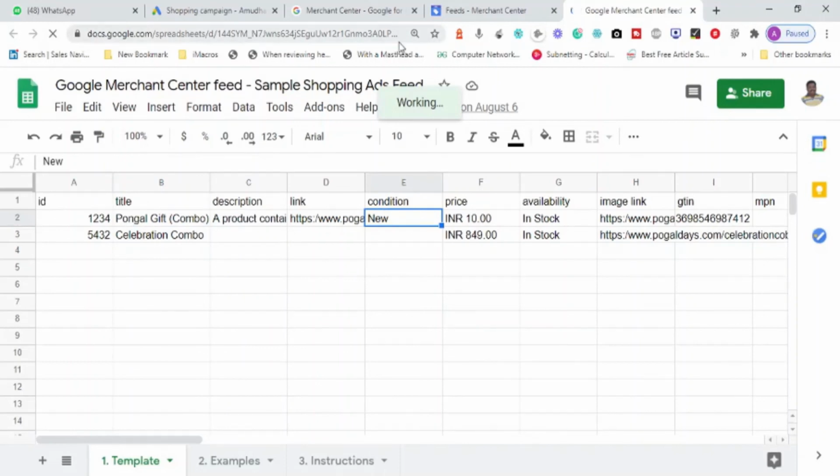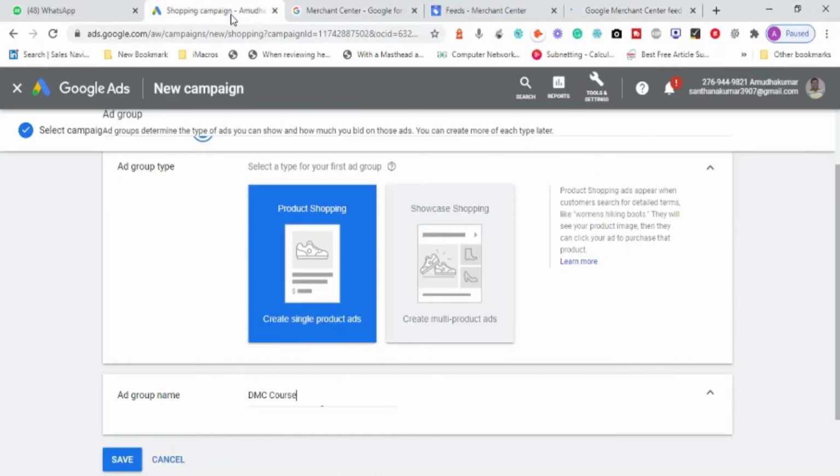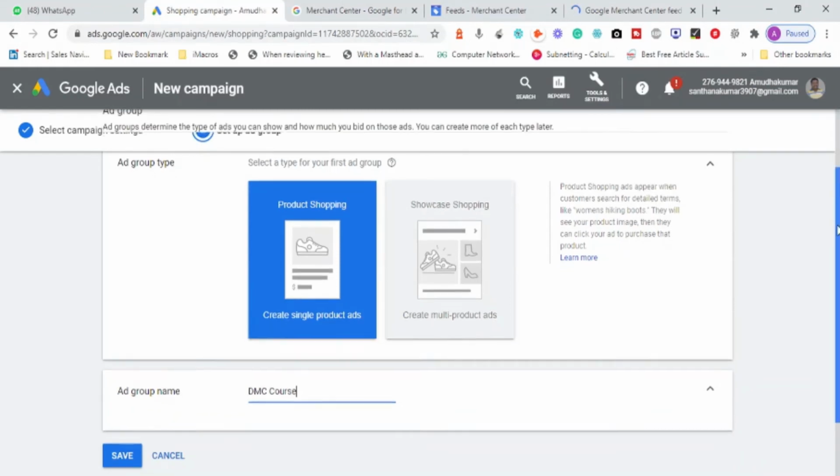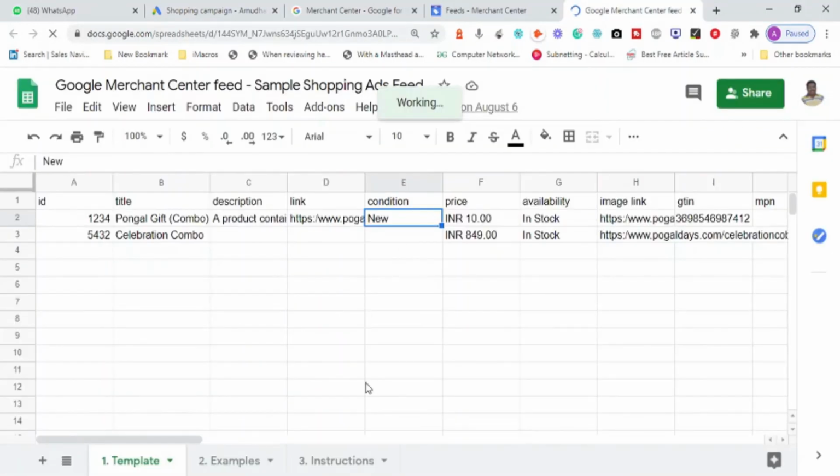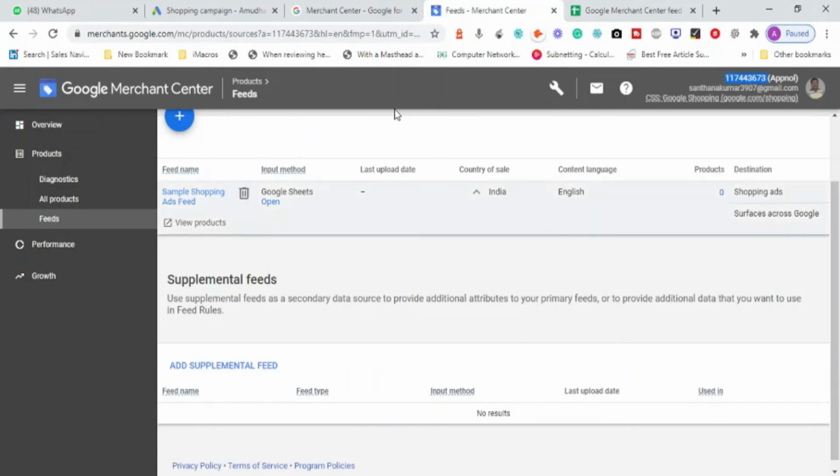Because my Google Merchant Center account and Google Ads account are linked, when I say single image or multiple image, the data will be taken from my Google Merchant Center feed. This is one option, for when you have an e-commerce website to link with.